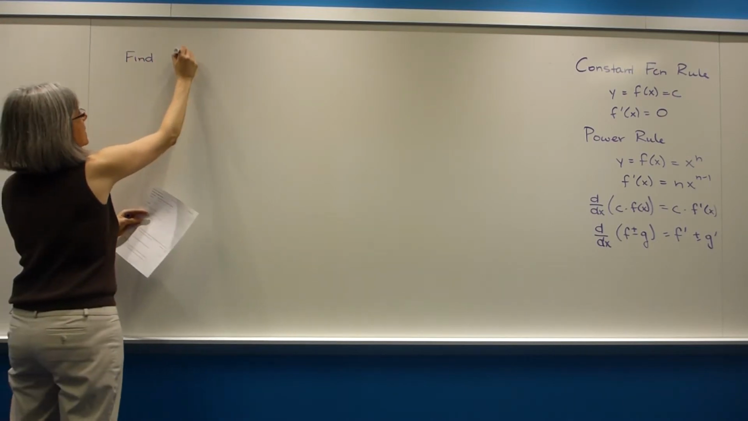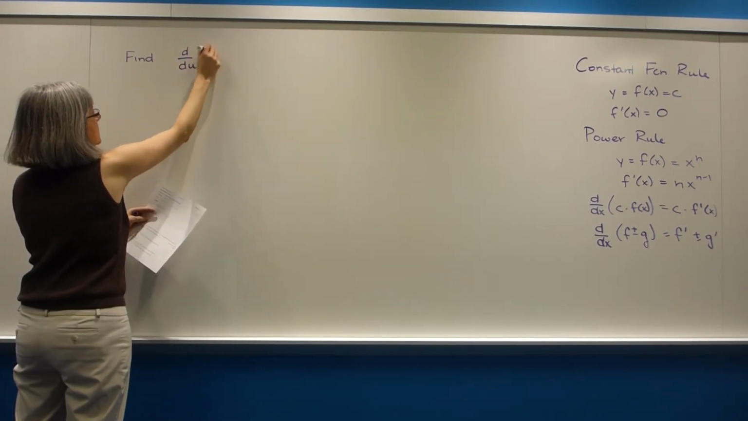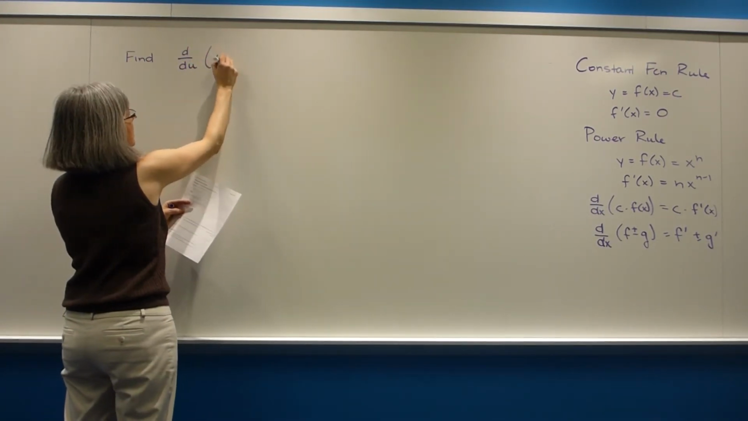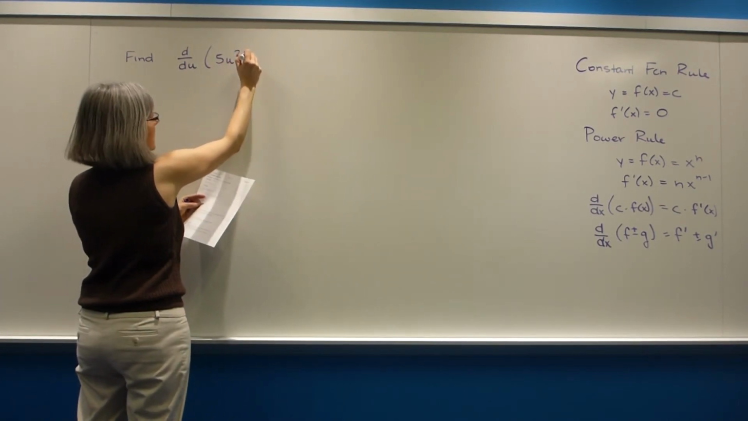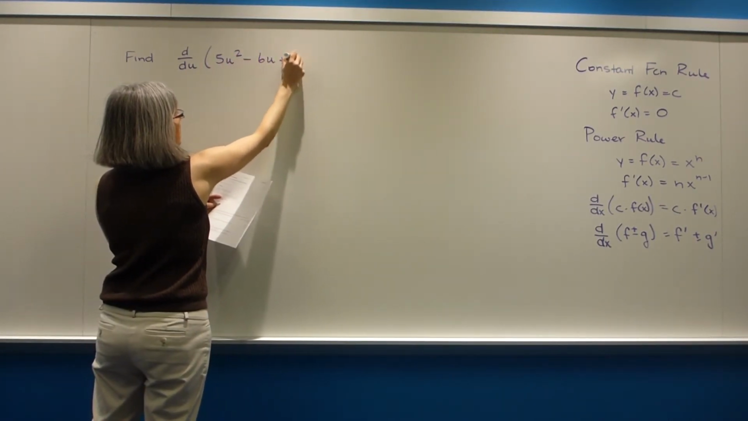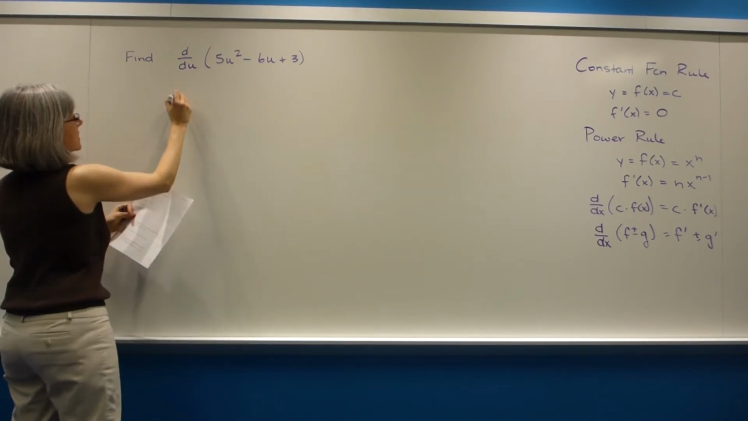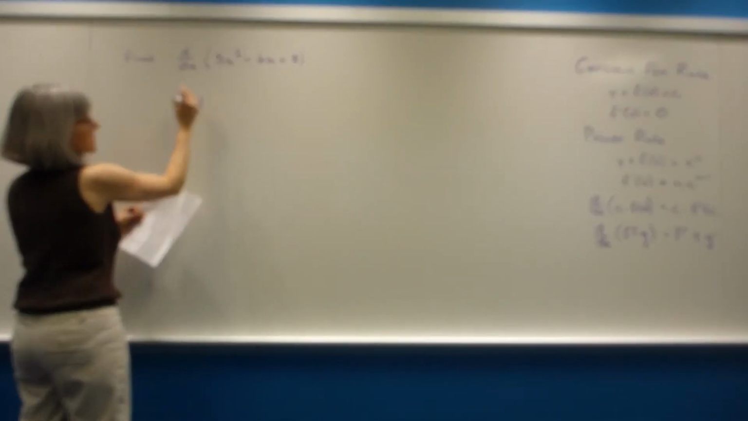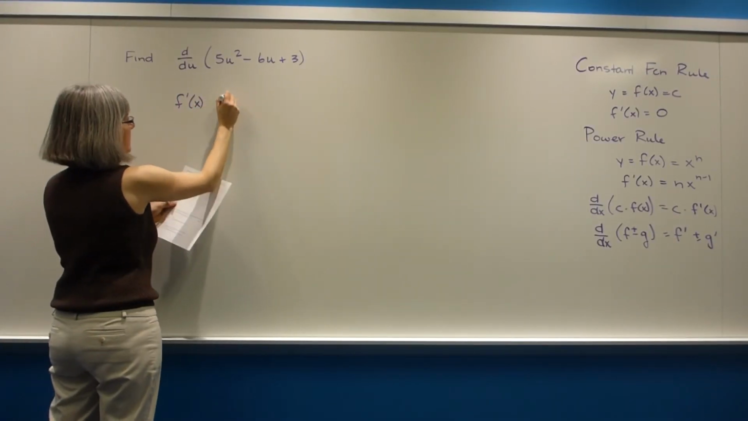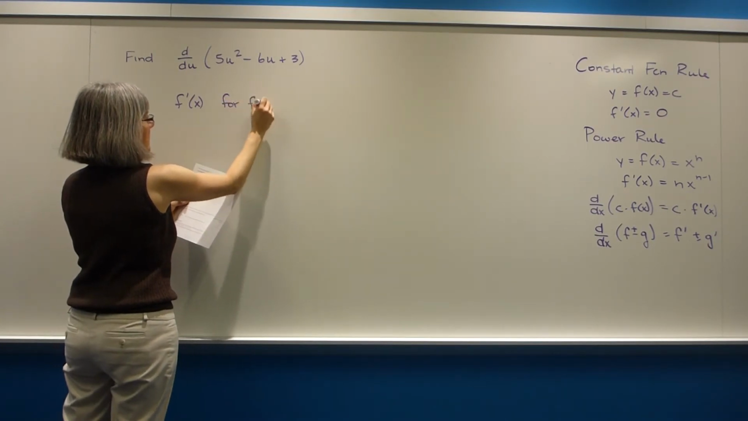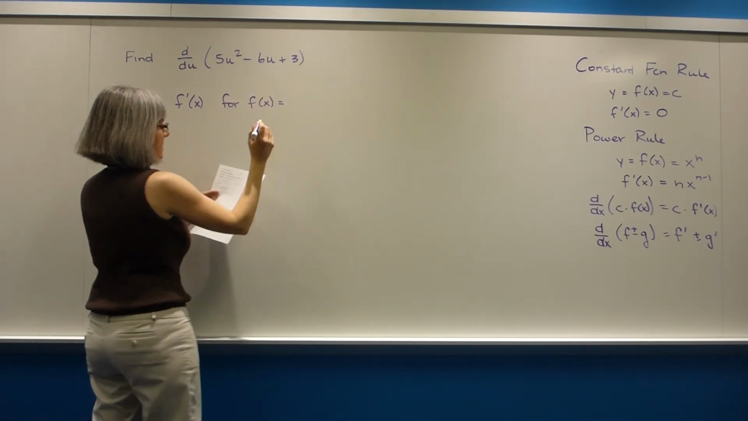Find d/du of 5u squared minus 6u plus 3. f prime of x. So these are all several different examples. For f of x equals